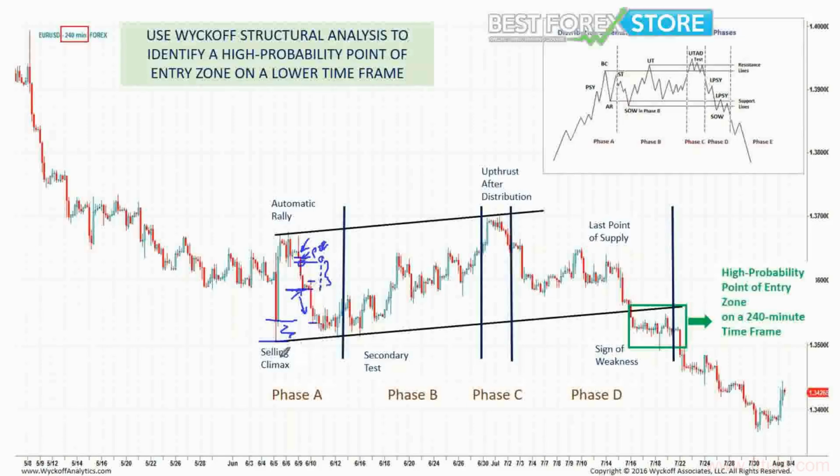But if we know that in the longer-term structure, even in phase A, we're expecting a secondary test, and we have the target for that secondary test, and we're still far away from it, I think this is where your day trading mentality should change, and you should start thinking a little more of a short-term swing trade. And if anything, you should accumulate more. There is definitely an opportunity to